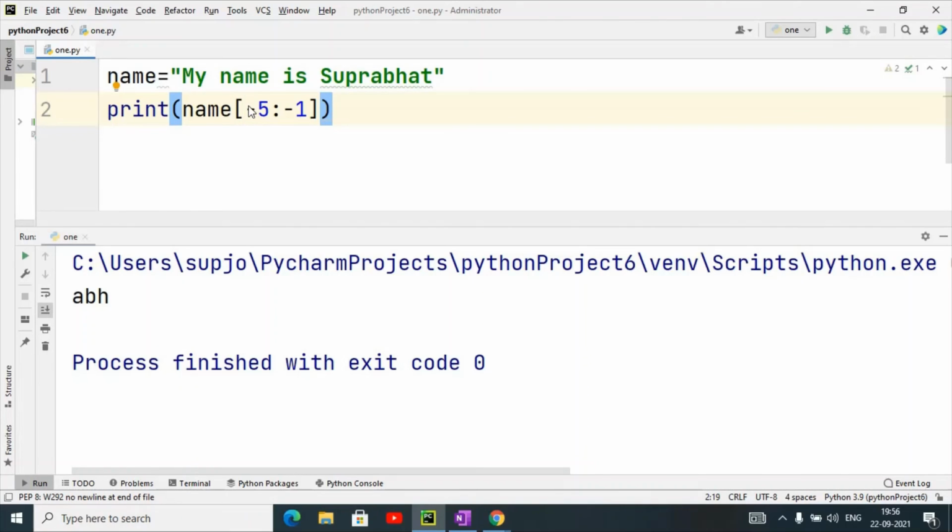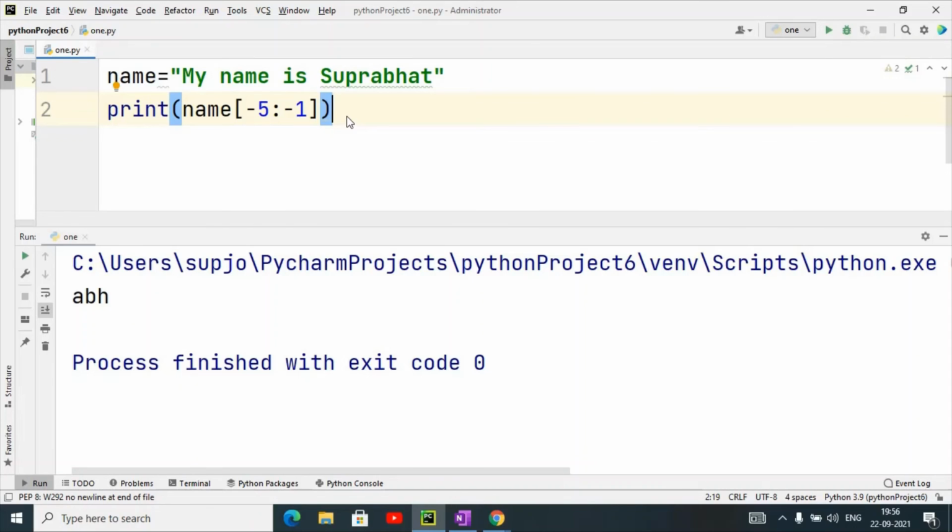If you want to include that, -5 is the starting point, and -1 is the ending point. Okay, now it is clear. But in the slice operator, the last letter is not included, because this is the condition of the slice operator.